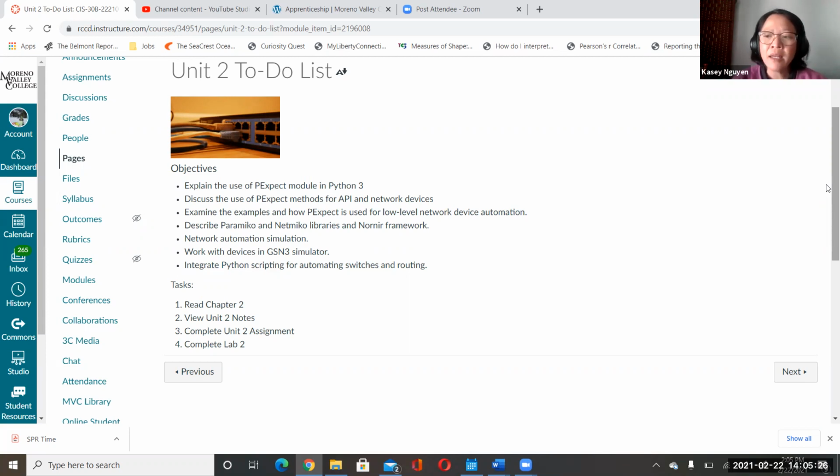So in the lab, I'm going to walk you through how to use GNS3. It's an open source environment, so it's free, and it's great. It's better than Packet Tracer. When I taught Packet Tracer years back, it was not working as expected. There were a lot of glitches and bugs, and they improved Packet Tracer.